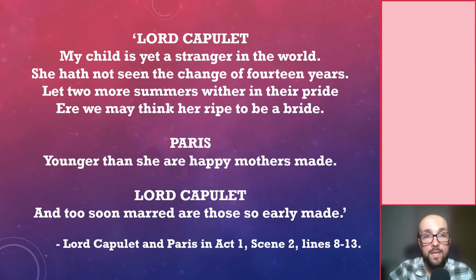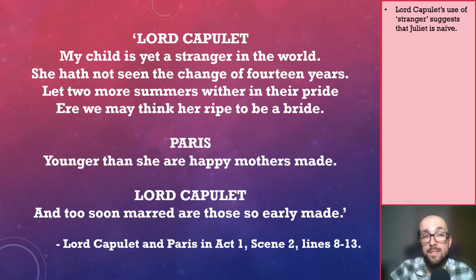First, we could argue that these lines suggest that Juliet is naive, or at least her father thinks she is. This is made apparent by Lord Capulet's use of the noun "stranger," which suggests that he thinks that she is naive because she is unfamiliar with the world or because she lacks worldly experience. This naivety implies that Lord Capulet thinks that Juliet is quite innocent too, which is another quality often attributed to children and the young.